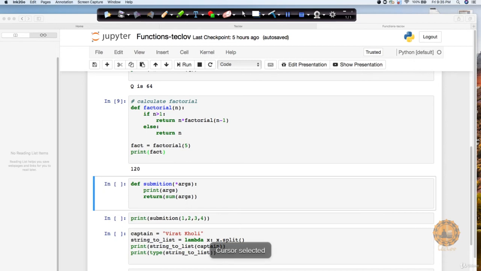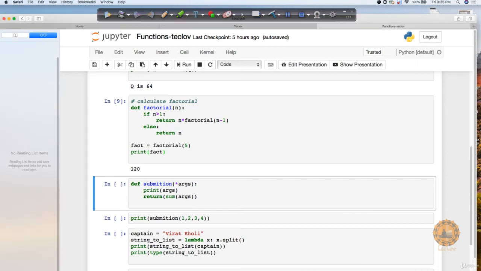it is taking up my values 1, 2, 3, 4, because right now I don't know that initially I want to pass like 4 or 5. I could have put even 1, 2, 3, 4, 5, 6 also. That's also fine. So first thing, it's going to print 1, 2, 3, 4 with this print statement. And then the second is it's going to print 1 plus 2 plus 3 plus 4, whatever the output is. Let's see the output.